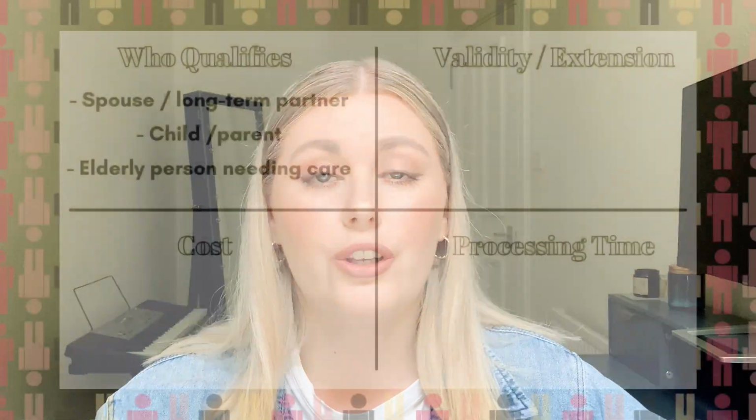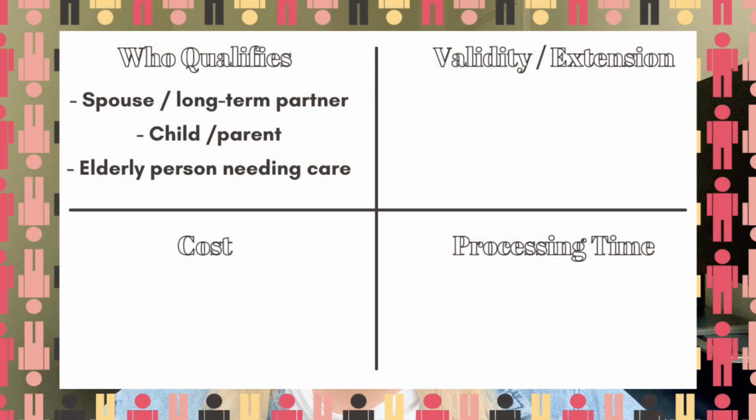The first visa option is the family visa. I decided to start with this one. This is the visa that I have, so I'm most familiar with this one. So you can apply for a family visa if your long-term partner or your spouse is a British citizen, so that person has a British passport, or if you have a child that needs to come over to the UK, or there's also an option for an elderly person that needs to come over so that a relative can take